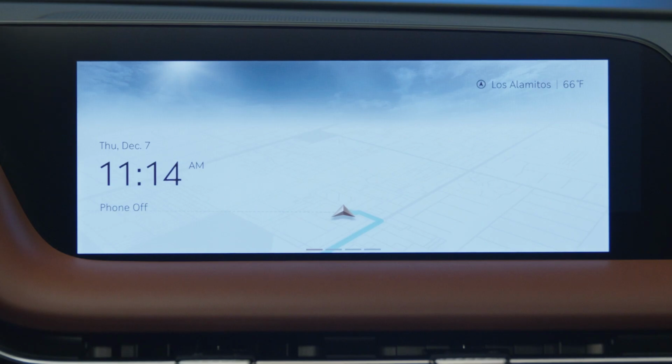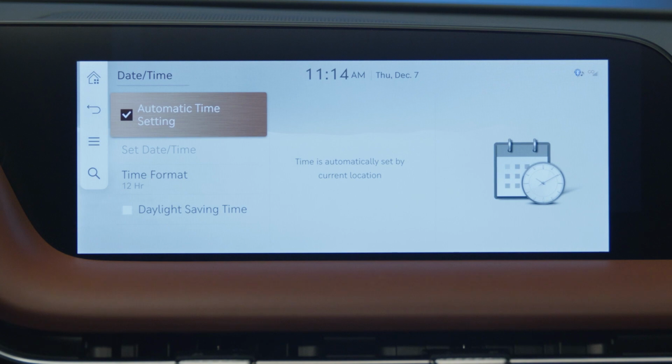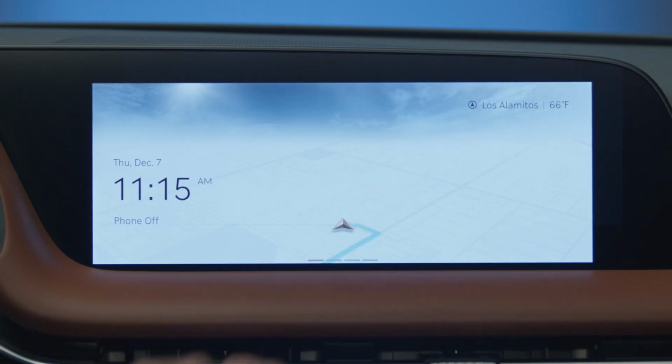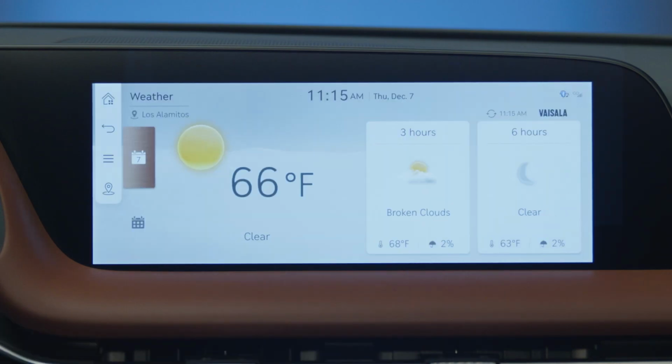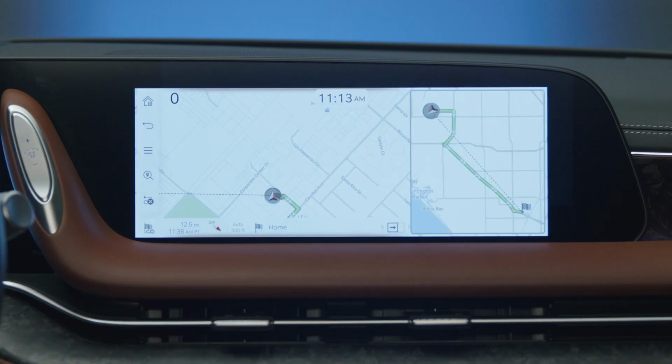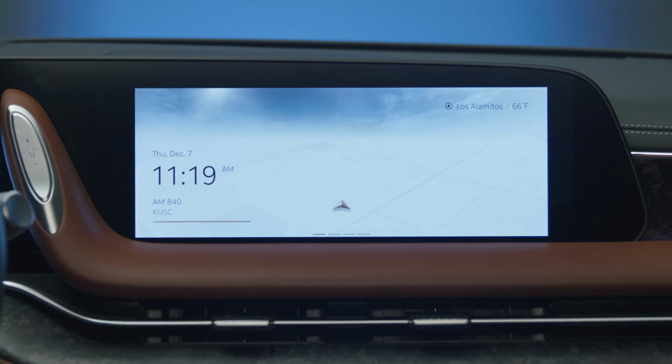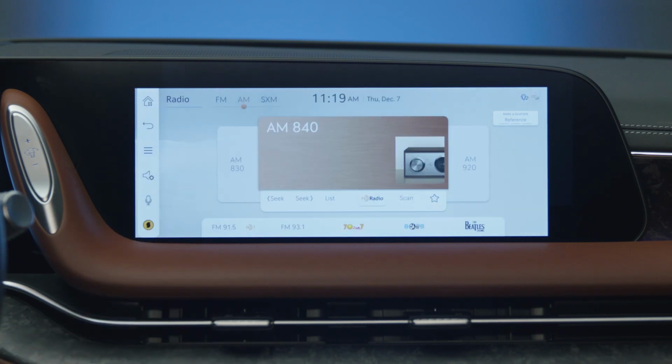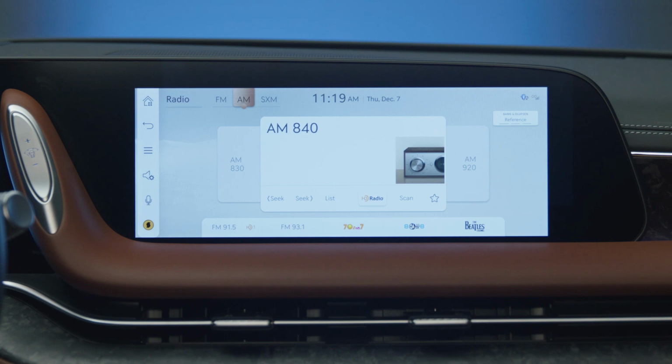Pressing the time of day will quickly bring up the clock setting screen. Pressing the weather area brings up the current weather and weather forecast screen. Pressing the navigation area will bring up the map screen for direct access. And pressing the audio playback icon will quickly bring up the audio menu, which displays the current media source being